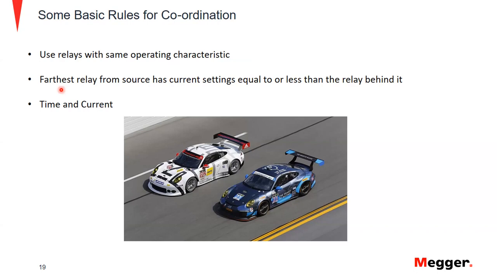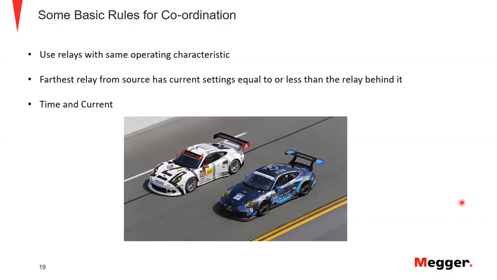So if we're looking at the farthest relay from the source, we want to make sure that the current settings are equal to or less than the relay behind it. And what this means is, if you have a relay that's at the end of the radial feeder that we're talking about as well, and the current setting is more than the relay closer to the generating source, then you can guess which relay will operate first, right? So the relay behind the one with the higher setting will actually operate before the one that